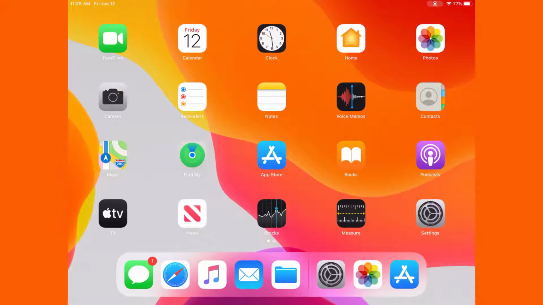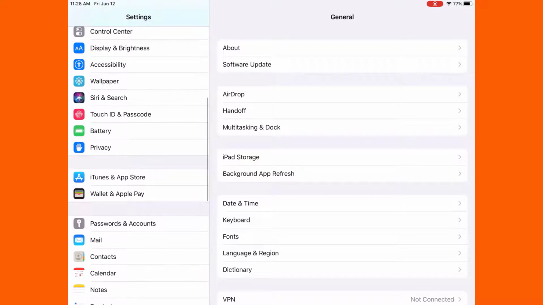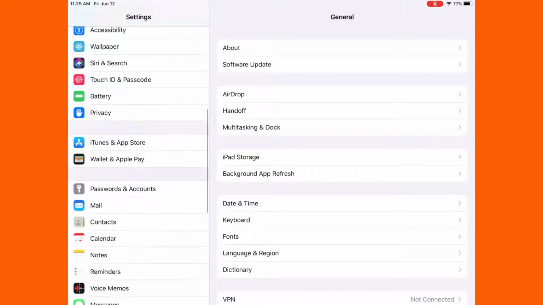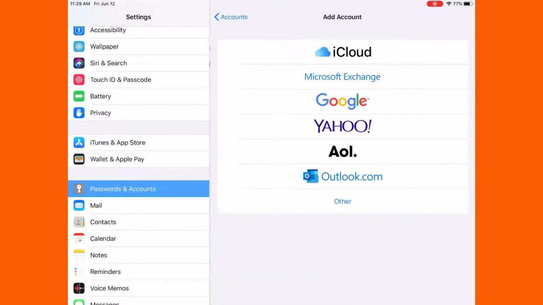To add an email account to your iPhone or iPad, you have to go to Settings and scroll down until you see Password and Accounts. You have to tap on that, and there you'll see Add Account. Tap on that. To continue, select your email provider